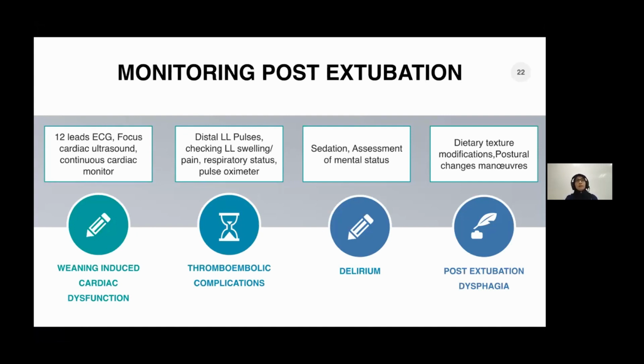But this is one of the types of delirium that you need to care for post extubation. The other type of delirium is hyperactive delirium, in which the patient is agitated and very restless. This basically gets our attention more because the patient tries to jump over the bed, the patient is shouting. Both are actually very important for us to identify. And the most important thing, in those patients with hyperactive delirium, you can start the patient on sedation. All right, and you need to assess the mental status over time.